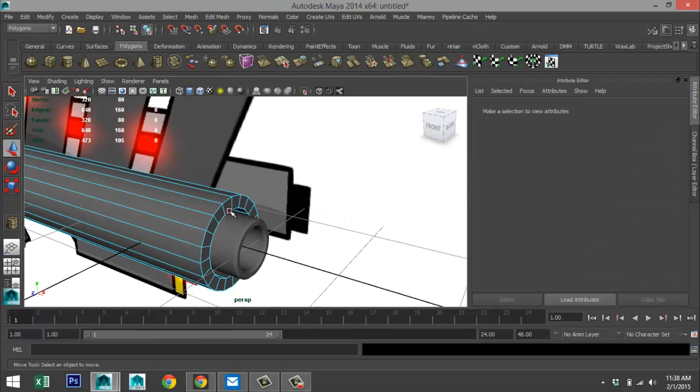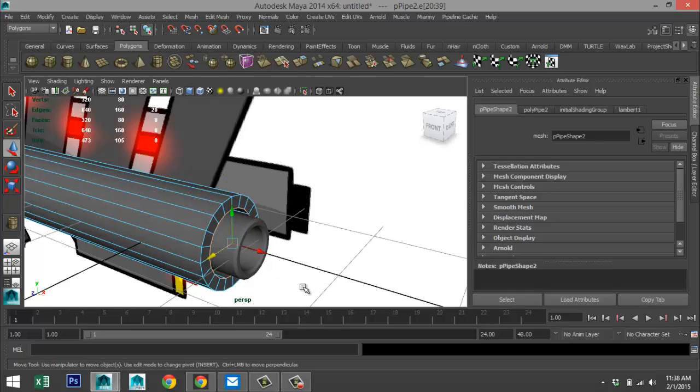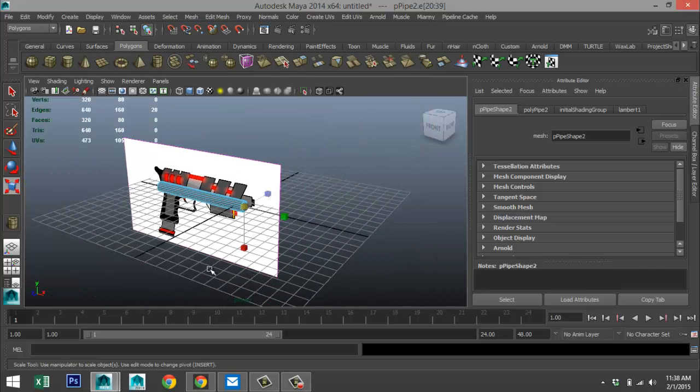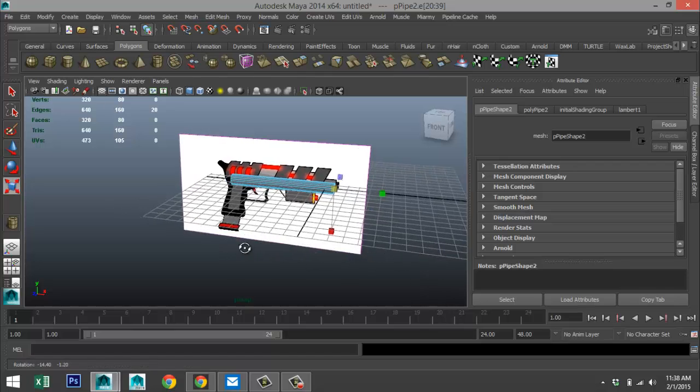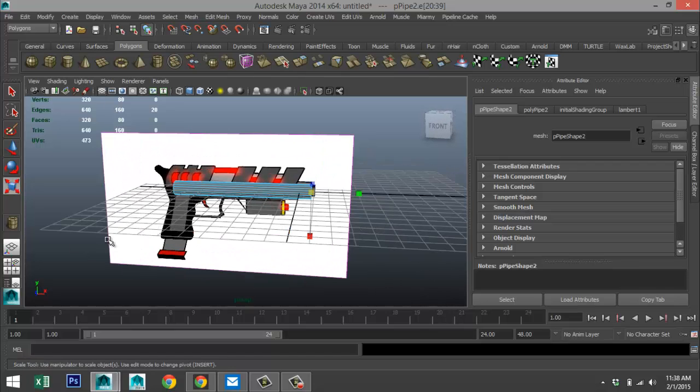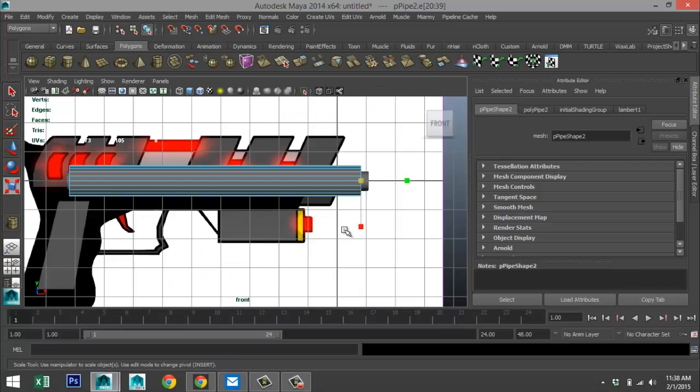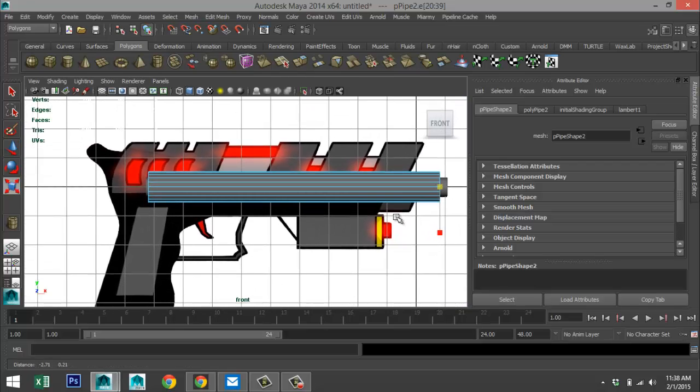We're going to right click edge. We're going to take that inner edge and scale that in until that opening there is gone. All right. Okay, cool. All right, so what's next? We're going to check this view here. Now this bottom part here, we're going to do that later.